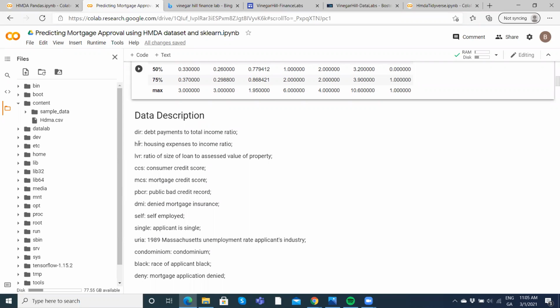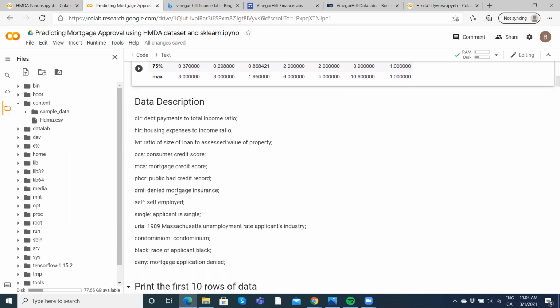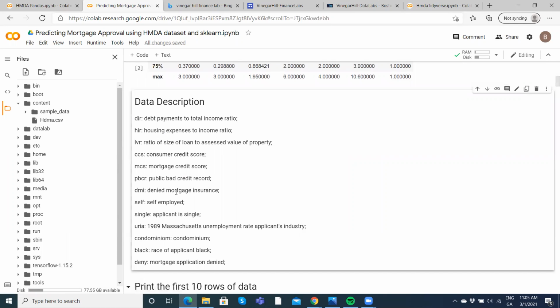We have HIR, household expenses to income ratio, loan to value, so the size of the loan compared to the value of the property, consumer credit score, MCS is mortgage credit score, pbcr, public bad credit record, DMI, denied mortgage insurance. So if you didn't have mortgage insurance or weren't eligible, or were refused mortgage insurance, that was recorded,